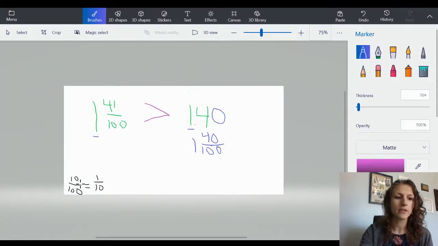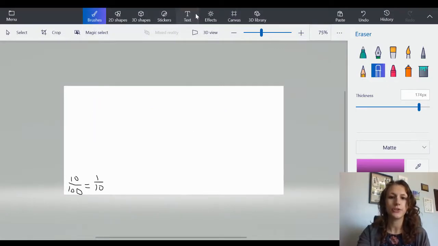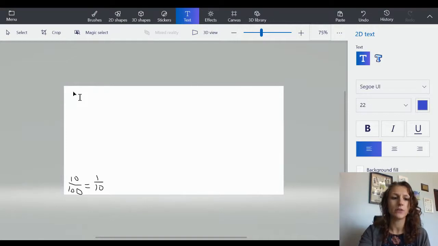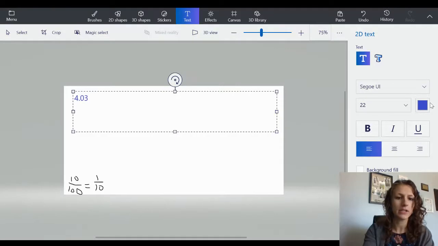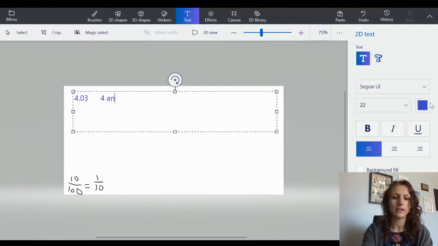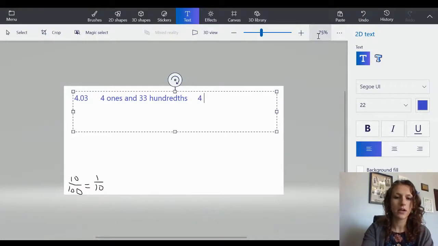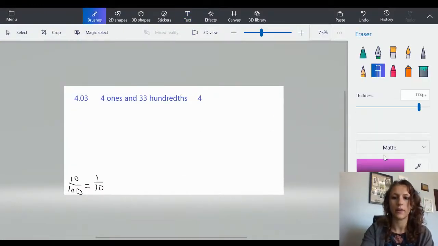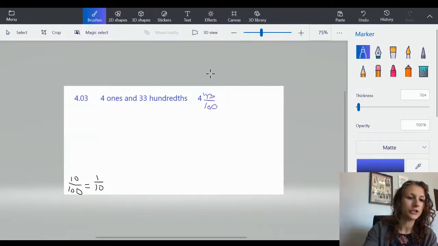All right, now let's take this comparison knowledge and use it to put some values in order from least to greatest. The values we're going to put in order are 4 and 3/100ths, 4 ones and 33/100ths, and 4 and 43/100ths, which I'm going to write with our brush, so 4 and 43/100ths in our fractional form. And then lastly, we're going to do